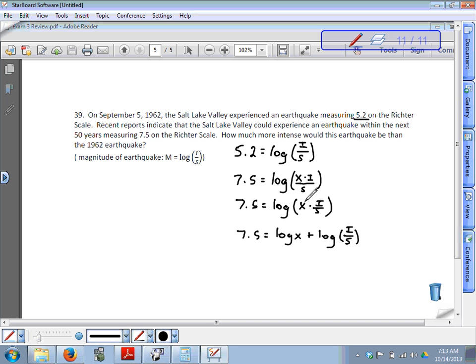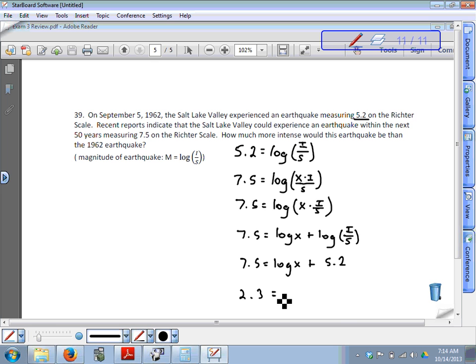The reason I wanted to separate the x from the I over s is that up here we know that the log of I over s is equal to 5.2. So this logarithm of I over s can be replaced with 5.2. So we have 7.5 is equal to the log of x plus 5.2. Now if we subtract 5.2 on both sides, we're going to have